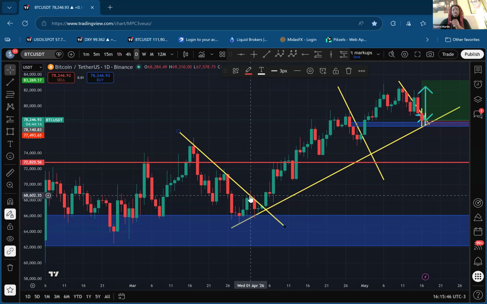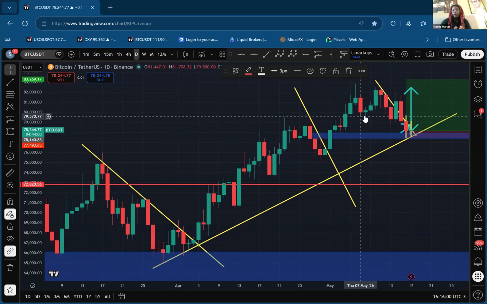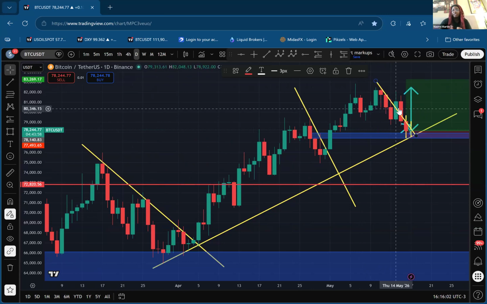So I keep an eye out, since this descending wedge came. It gave us an impulse to the upside, a retest to the downside, and then takeoff. Impulse to the upside, retest to the downside, takeoff. Retest to the downside, another descending wedge, takeoff. Retest to the downside, takeoff. We bought over here, and then the market, as you can see, clapped us and then came all the way